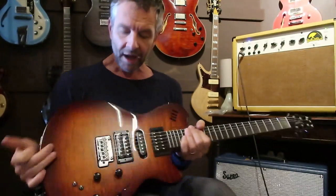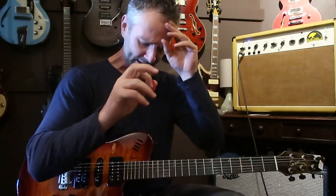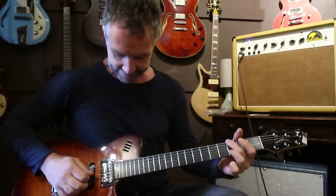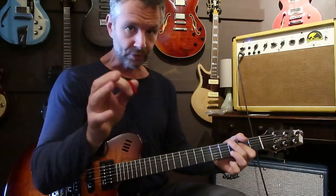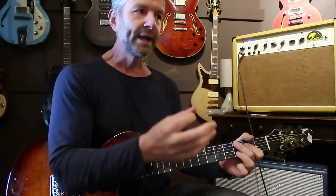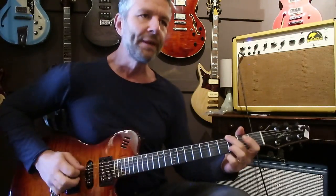Oh, a quick pointer on acoustic guitar. If you were coming in and you were not interested in the synth at all, fine. What I would then say to you is, and this is a really important pointer to just end on, if you like: when you're buying a hybrid, if there's any of you out there going, oh, the acoustic sounds a bit this or a bit that, which